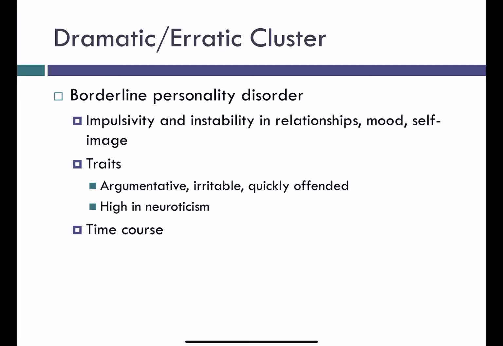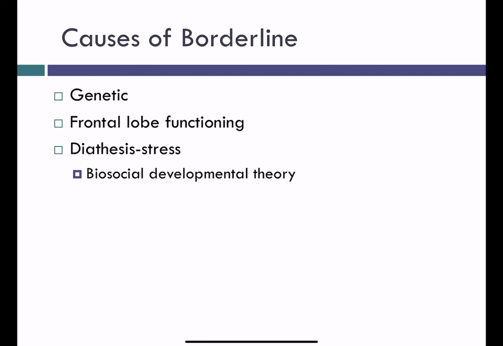Normally it begins in early adulthood. Prognosis is not good, so in a 7-year follow-up, 50% of patients still have the disorder. It's also common for borderline personality disorder to go along with other mood disorders like depression. And the prevalence is about 1 to 2%. It's much more common in females, but one reason that this disorder is worth focusing on is that 8 to 10% of individuals with borderline personality disorder complete suicide. So this impulsivity and instability in mood seems to be really related to suicide risk.